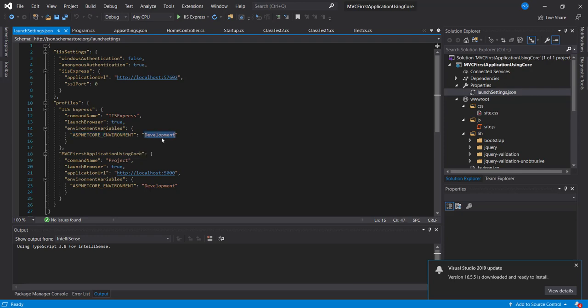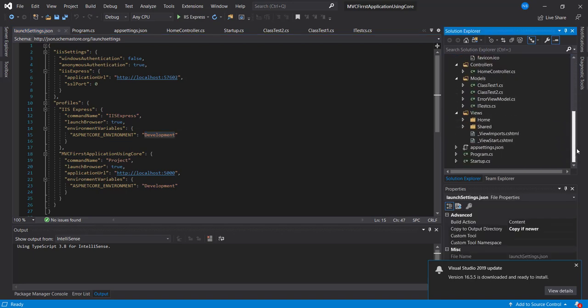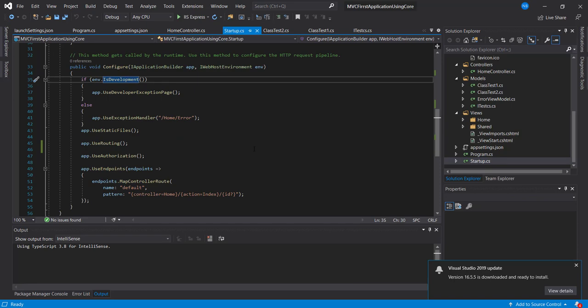So what exactly does it mean? If the ASPNETCORE_ENVIRONMENT value is set to development, it means that your application is running in development, and it makes a little bit of change in the startup.cs. If you see this particular code block, what exactly it means is that if your environment is the development environment, then you will be using the developer-friendly exception page. Otherwise, all the exceptions will be redirected to the custom error view model. So what exactly is the developer exception page?